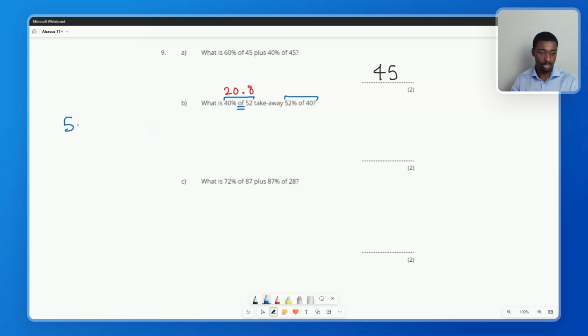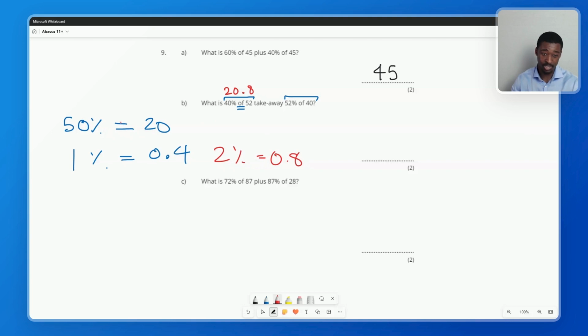And what are standard percentages? Well, we know pretty quickly what 50% of any number is, right? It's pretty simple. Just divide it by 2, just half it. So 50% of 40 is 20, just half of 40. We also know pretty quickly what 1% of any number is. Simply divide it by 100. So 40 divided by 100 is 0.4. So that means we know what 2% is. Just double 1%, 0.8. So 52% is simply going to be 50% plus 2%, which equals